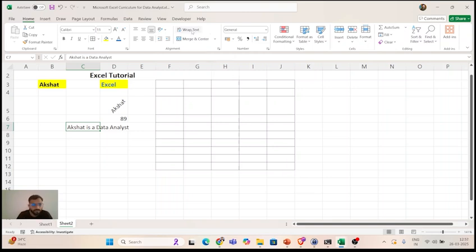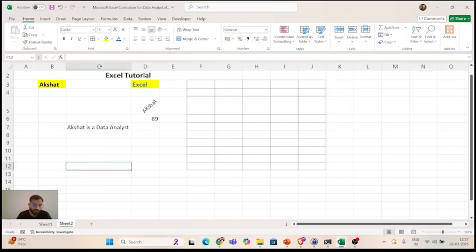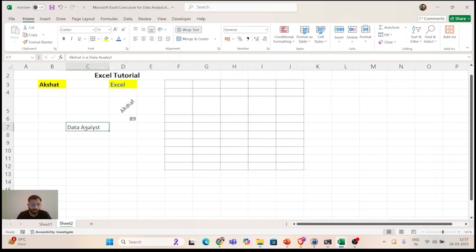So if I click on wrap text, see, now it is okay, I have to give them the size as well. Let's say I did not do this, I did this, click on this cell, and it is not working. Let me see why quickly. Okay, let me just write it again here. Akshat is the data analyst. Actually, we are doing multiple things together, so probably there is some issue.